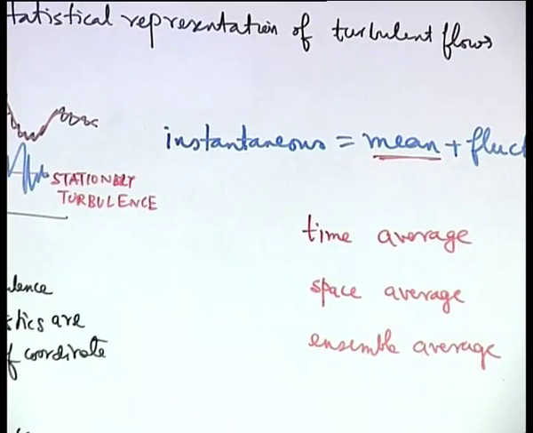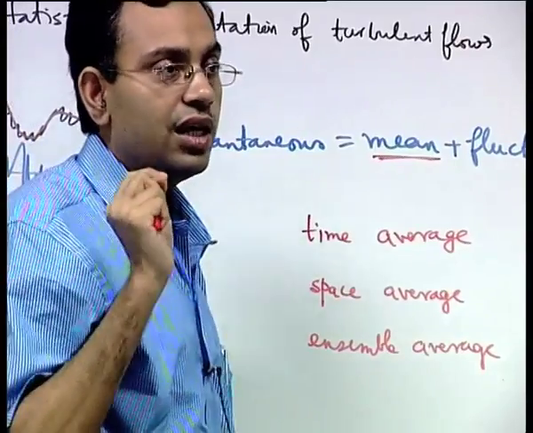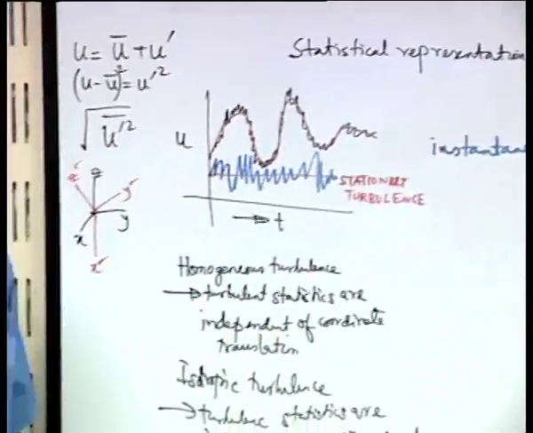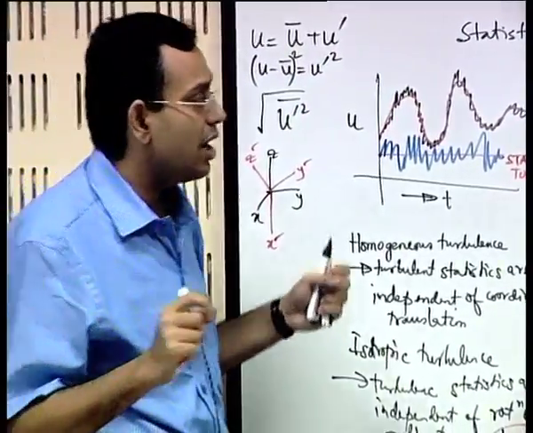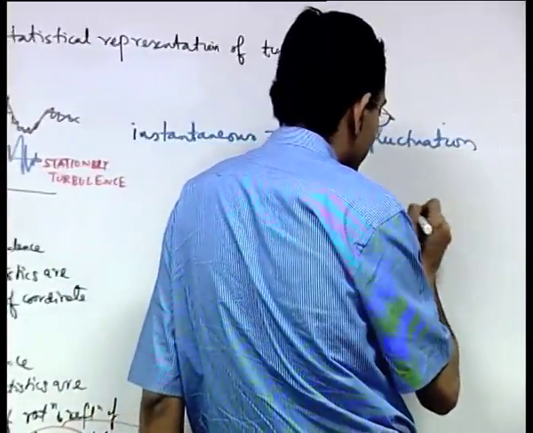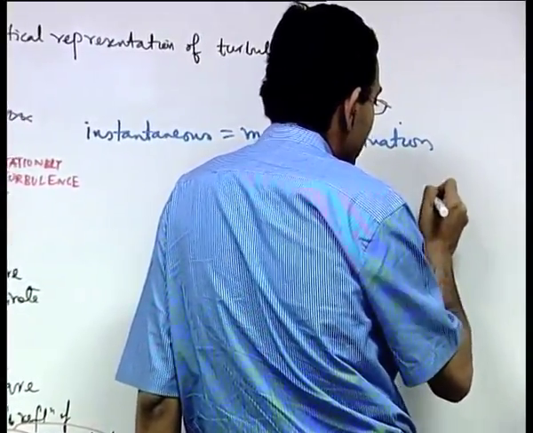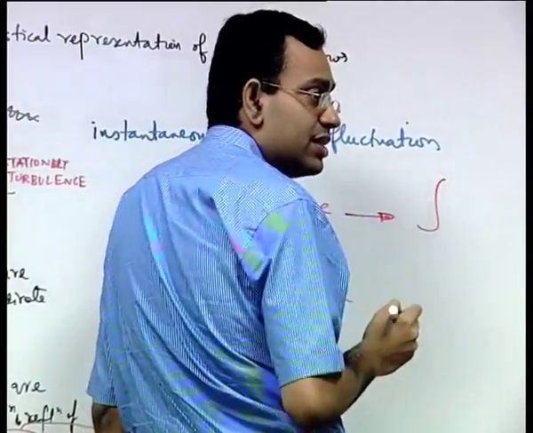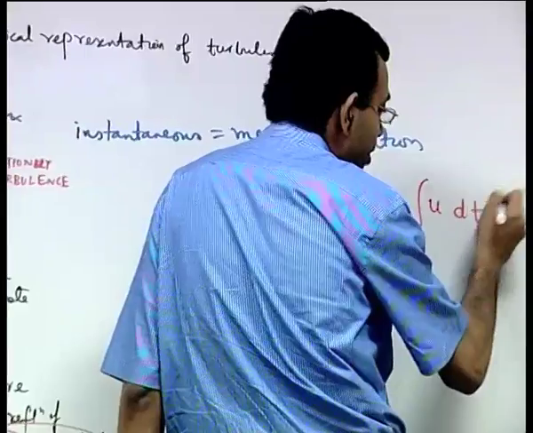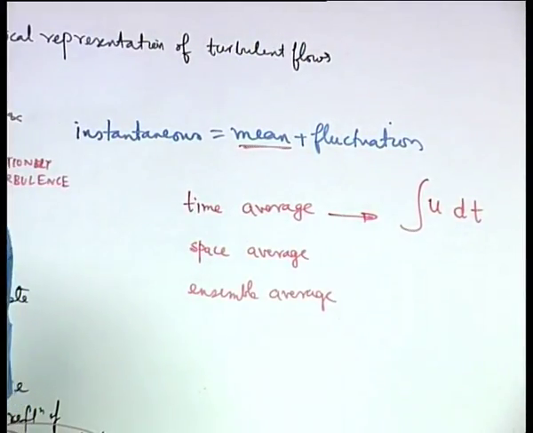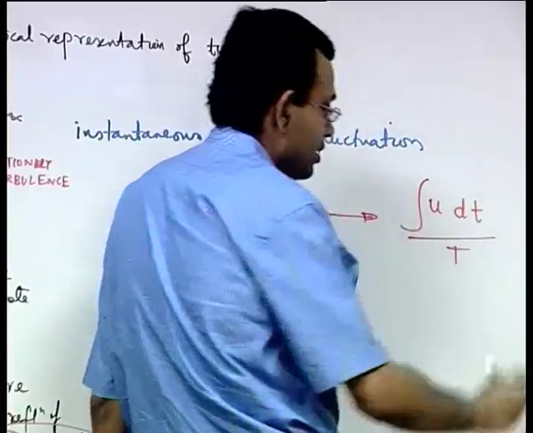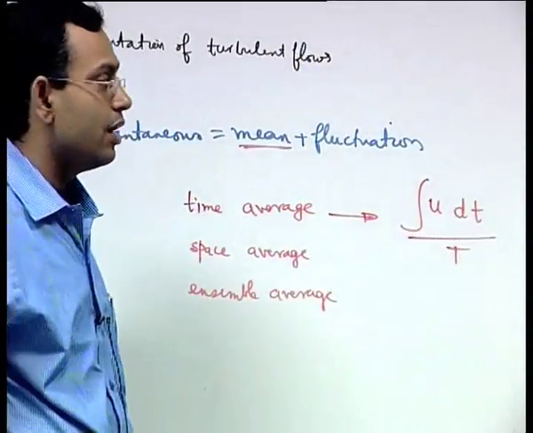So, what is time average? What you do, at a given location you measure the property as a function of time and then find out an average. So, when you say you find out an average, how do you write a time average? Let us say you have u versus time. To write the average you must integrate u with respect to time over a time period, divide by the total time period, take the limit